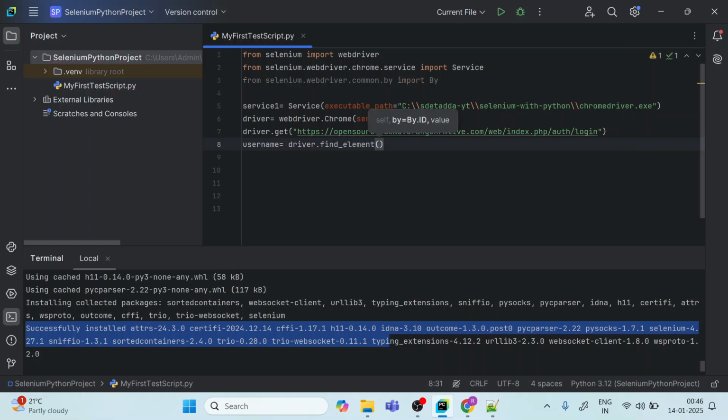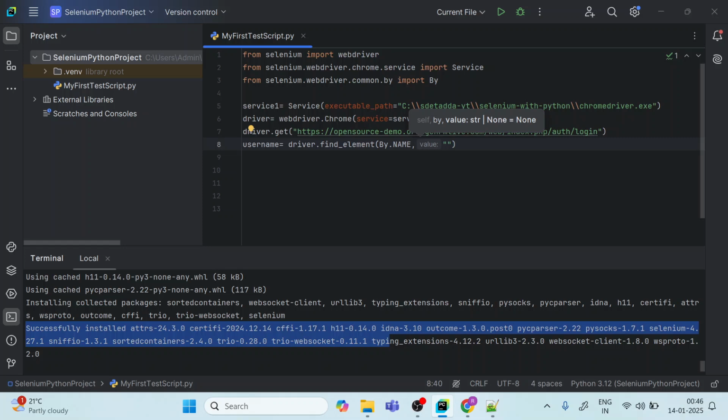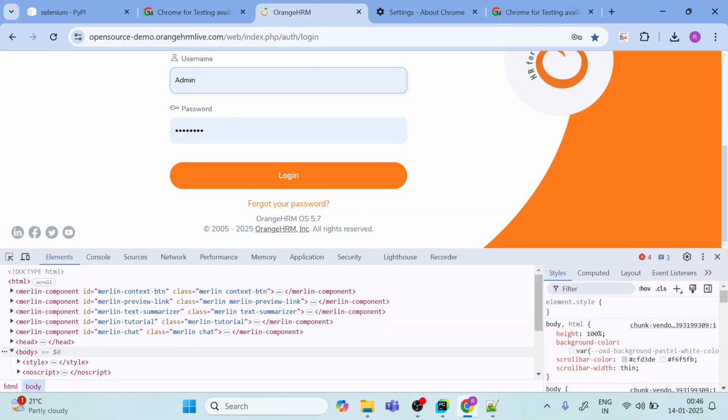That element will be identified with By dot NAME, you put a comma and give the value. So by name or by ID or by XPath, that is up to you, or up to how the element is designed and